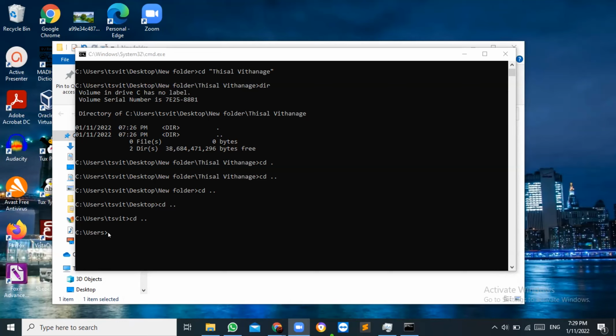If I press cd double dot again, so what will be the location? C, right? C drive. Others can help you going forward. How? So what should you type now? You want to go back to the wallpaper.